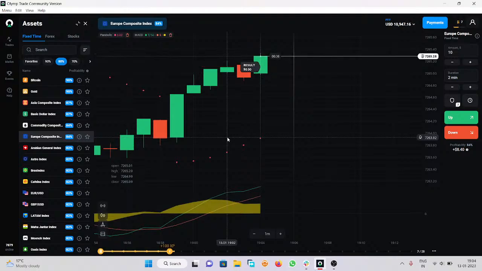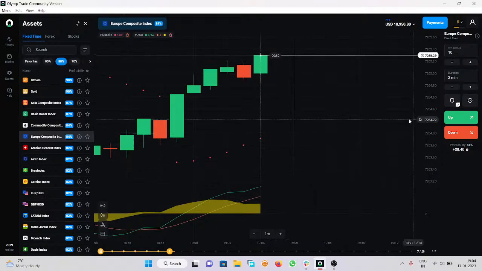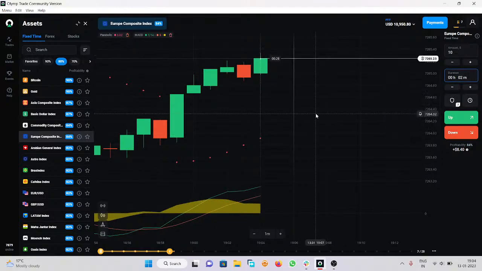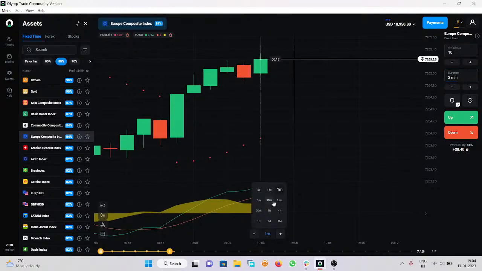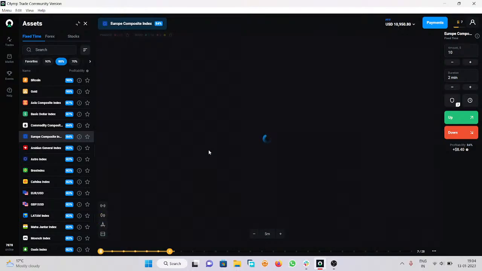Time frame, we can choose it here. If we choose the 1 minute time frame or less than 1 minute time frame, we will have a chance to open the trade with a minimum of 2 to 5 minutes. So you can choose 2, 3, 4 or 5. That actually means you need to open the trade with a minimum 2 to 5 times higher than your graph time. If you choose the graph time of 5 minutes, let's suppose we are choosing the graph time of 5 minutes,